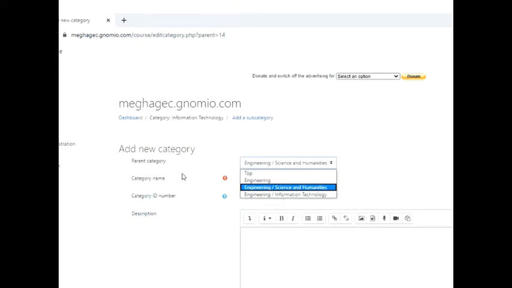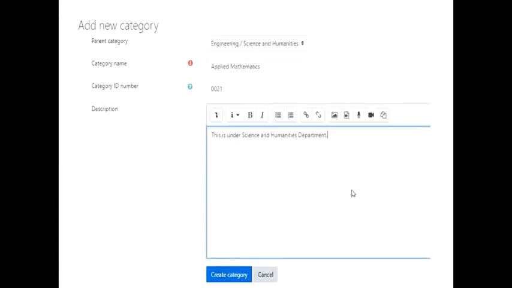The categories that I've created come like this. First I have top, then engineering, under engineering Science and Humanities, and then information technology. Now what if I wanted to create another category under Science and Humanities?